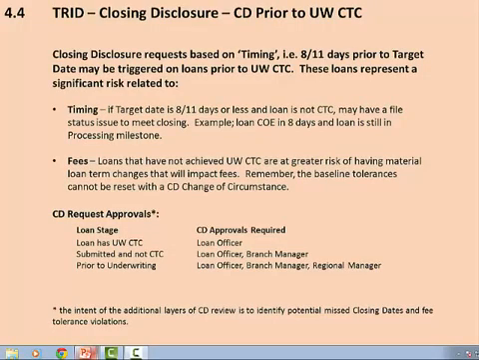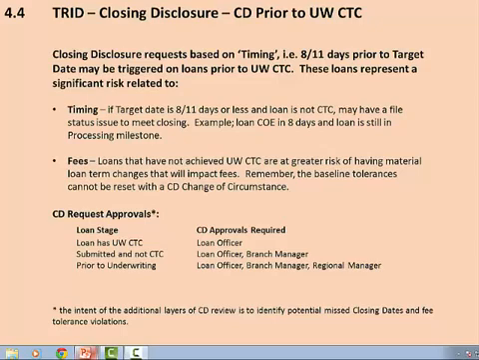This slide discusses the closing disclosure prior to underwriting clear to close. When the CD request is triggered at 8 or 11 days and the loan does not have underwriting cleared to close, there is a much greater risk of changes that can impact loan fees. Remember, once the CD is issued, there is no opportunity to increase borrower fees for tolerances, which means fee changes are Amerifirst's responsibility. Because of this increased risk, Amerifirst has implemented some safeguards when generating the CD prior to underwriting